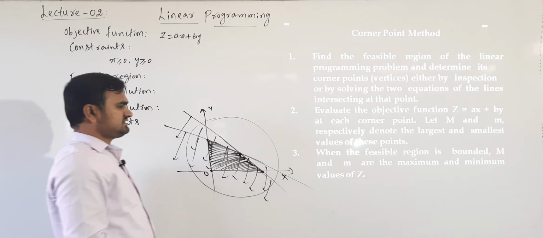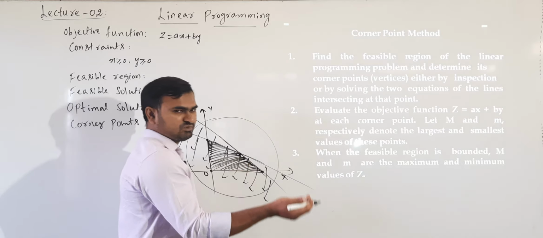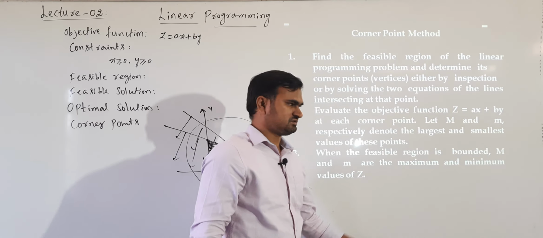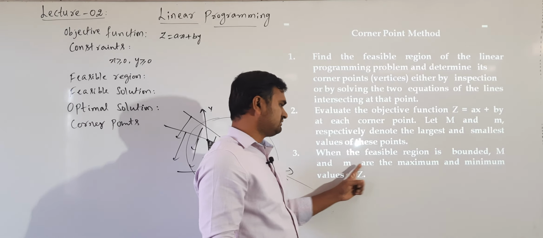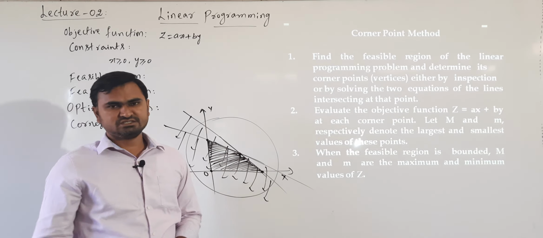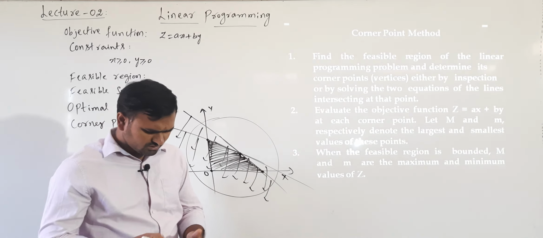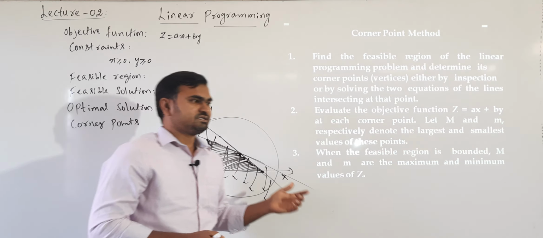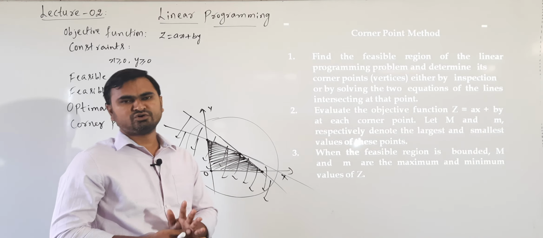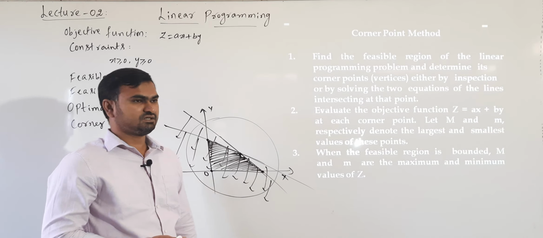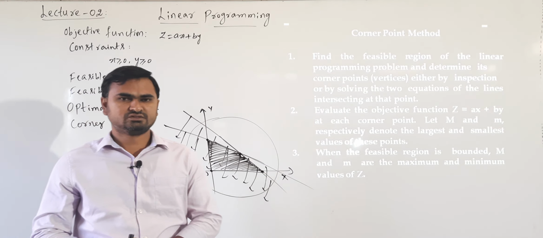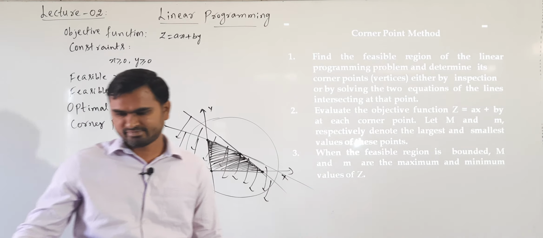So in case of bounded feasible region, both minimum and maximum of z exist, and they exist only at the corner points. So capital M is the maximum value, small m is the minimum value of objective function whenever the feasible region is bounded. Okay. So about unbounded, as it is not included in our reduced syllabus, we don't discuss unbounded feasible region. Understand? So follow this working method for all the problems. That is what we are going to solve here. Understand?